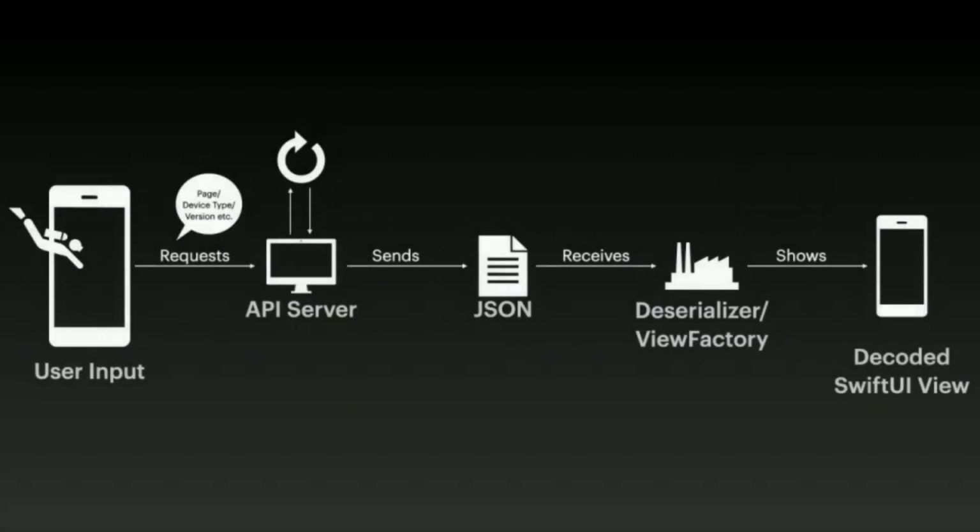If we are now looking at what this could be in a larger picture, you could even put this in the next step of evolution, where you have your user input: the driver clicks the button because he wants to see the home view, or the loading view, or your product view. That request is made to the API server, which could include parameters like page, device type, a version of the app, a special A/B feature testing, or anything like it. The API server, which could be anything you'd like, right? In the time where we implemented this